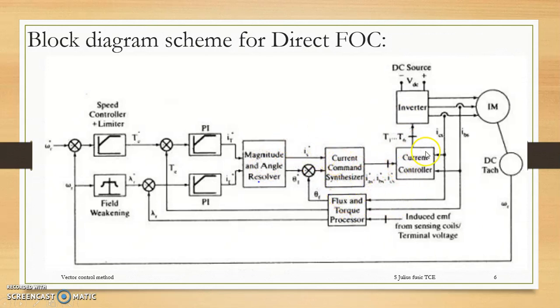After that, the current controlled inverter will develop the control PWM signal, which will be a current controlled signal. So the current controller will develop the signal to your inverter. By that, the inverter converts the DC into AC with respect to your current controlled PWM signal, and by using that, the induction motor will start to rotate.